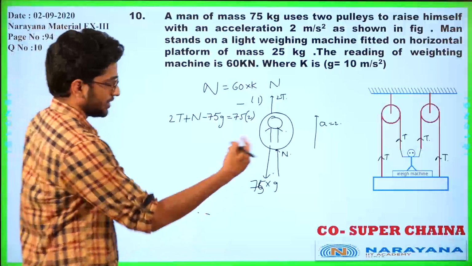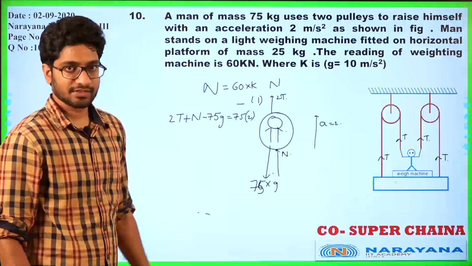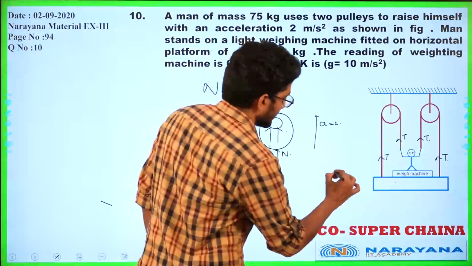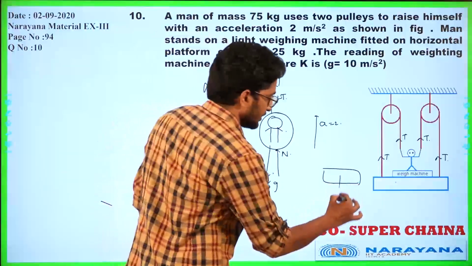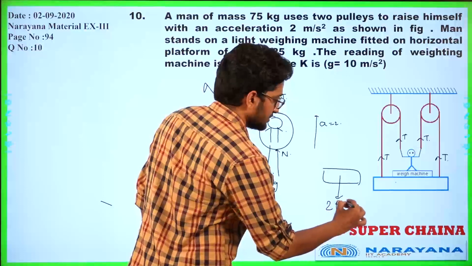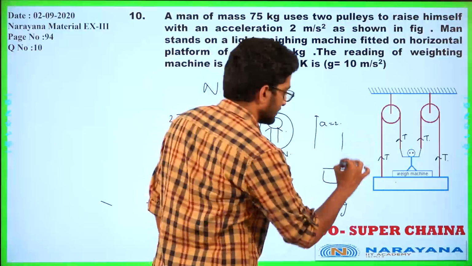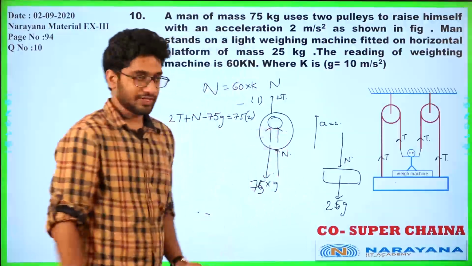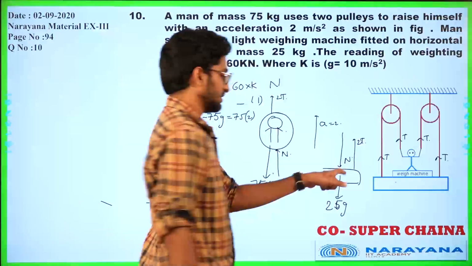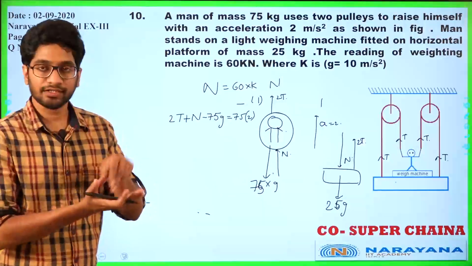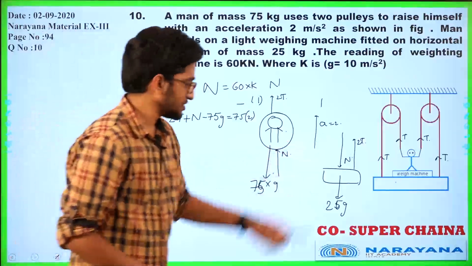Now let us take free body diagram of this block also. Okay. So that block has mass of 25 kgs, or the platform has mass of 25 kgs. So if I take free body diagram of this plank, what are the forces acting on it? Its own weight mg is acting, so 25g. Okay. Since he is standing on it, a normal is also acting. Normal is acting towards this, right? Pushing force always. Okay. And since there are 2 threads, a net force of 2T is acting upwards, and this also has an acceleration of 2 because they are in contact. The man and the platform are in contact. So if the man moves up, the platform also moves up with same acceleration 2.